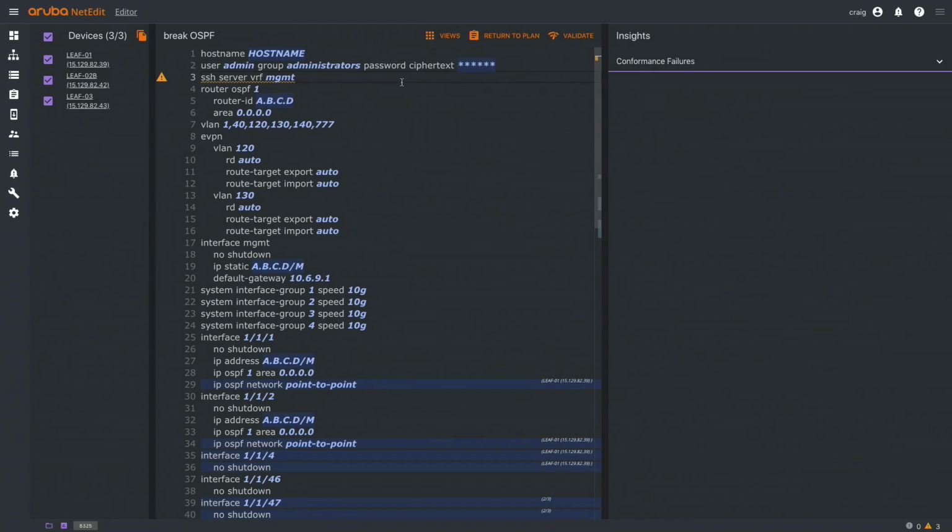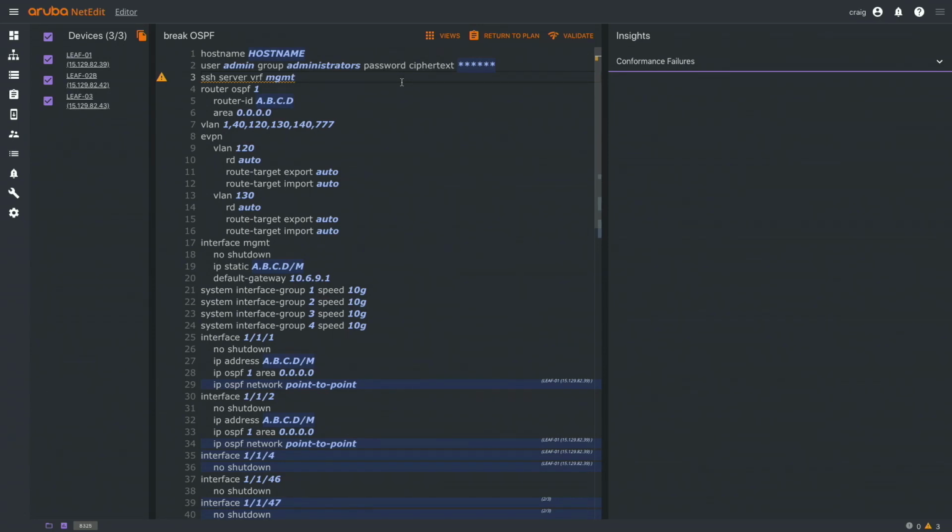We also have a lot of validation that we've built into NetEdit. When you get to automating, the kind of the hidden truth that I think people are really starting to realize in the last couple of years is how do you validate what you're automating, right? You can automate stuff, you can make it repeatable, but things change, you want to tweak it, how do you know it's still working? And what we've done is we've put a lot of validation rules around this editor experience